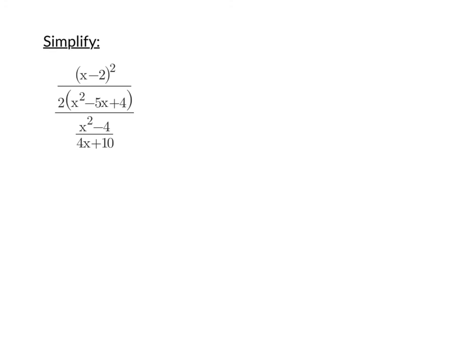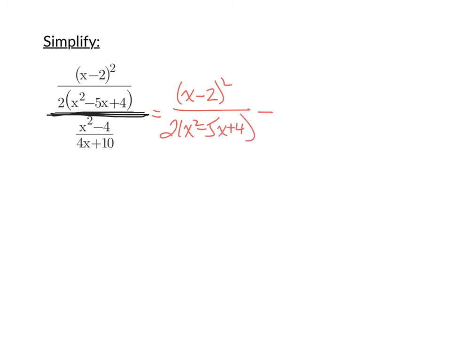Here's one last big, ugly, complex fraction. And the best thing that we can do to start this problem off is identify where that big fraction bar is, the one that divides this complex fraction into 2 halves, and it's right there. So let's rewrite it as division, as x minus 2 squared over 2 times x squared minus 5x plus 4 being divided by the denominator, x squared minus 4